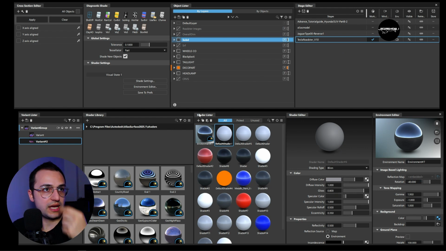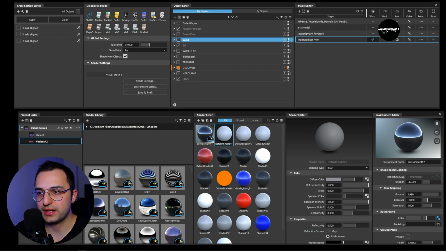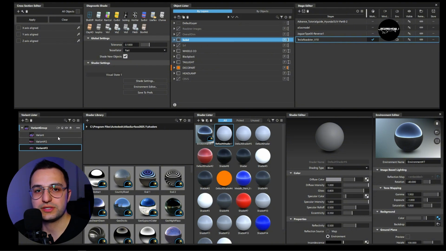And on the lower side we have the variant lister. How I use the variant lister the most is for design reviews with the clients or with the managers. You can decide on some stunning perspective angles, and if you think it is effective to show something from that angle, you can add a new variant here and toggle between the views. Right now I'm selecting the variants,